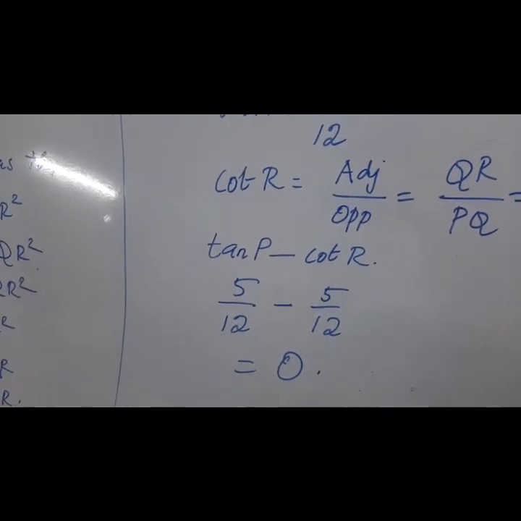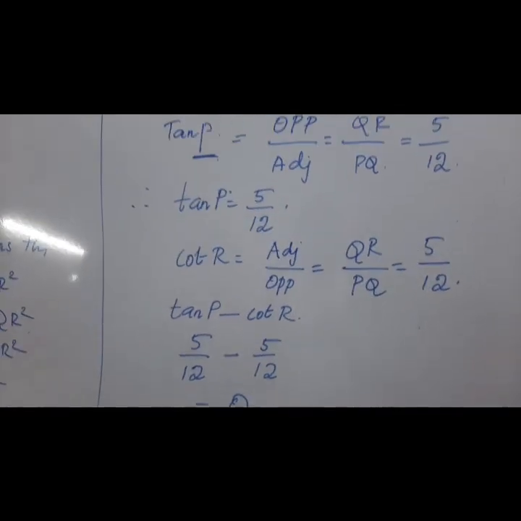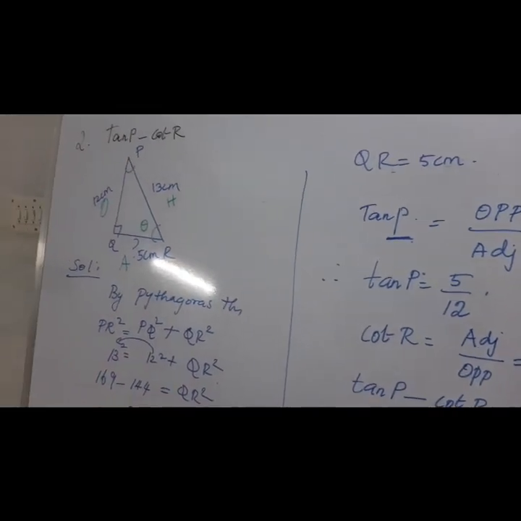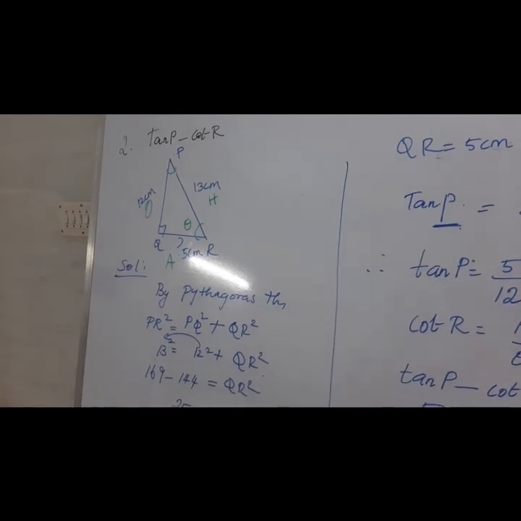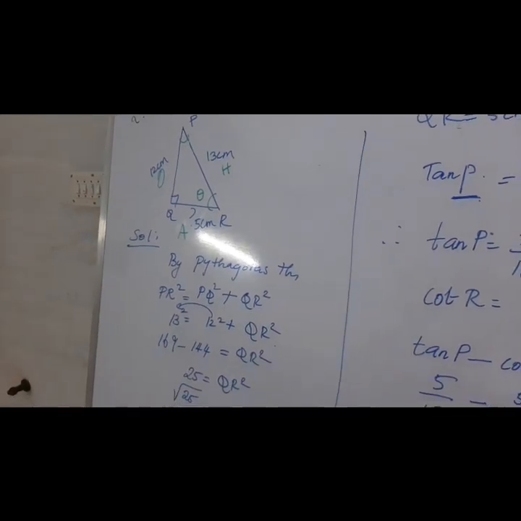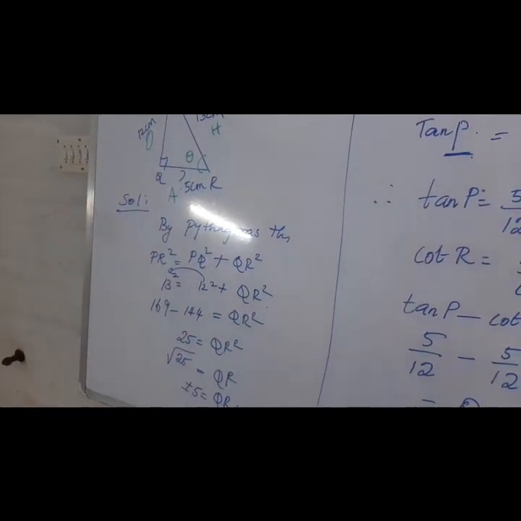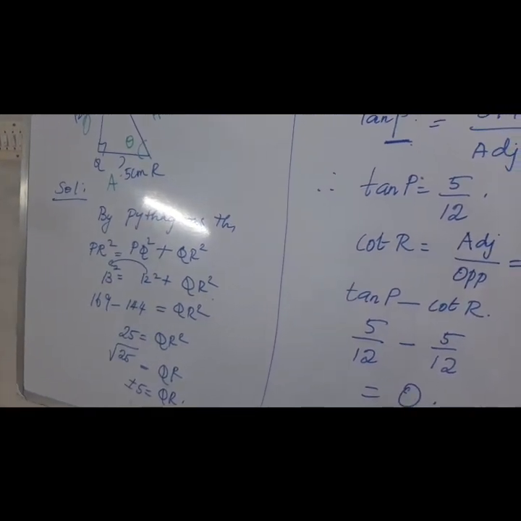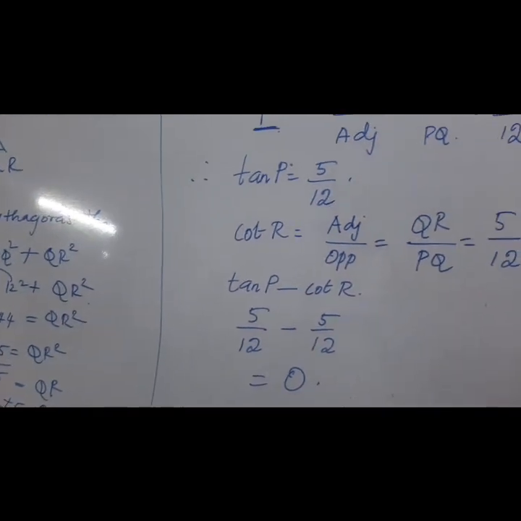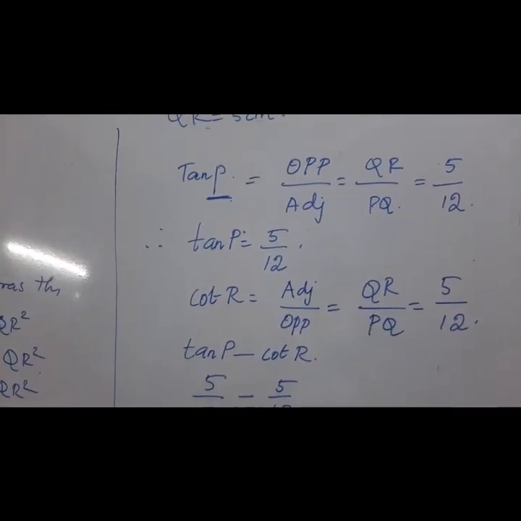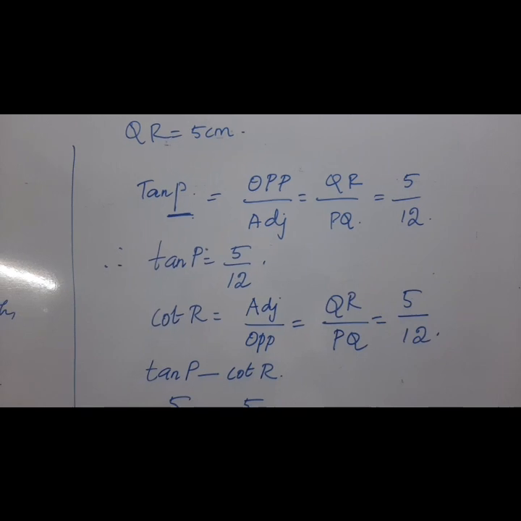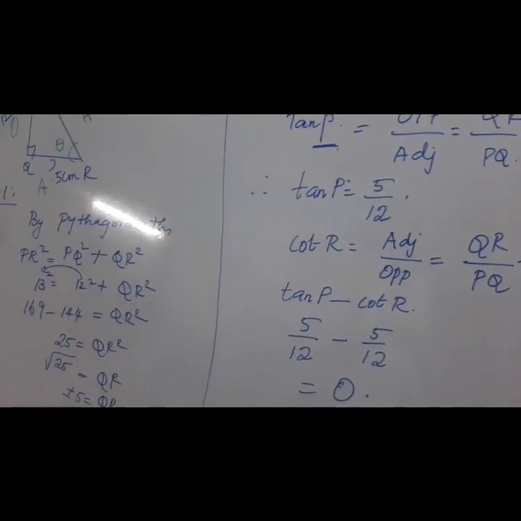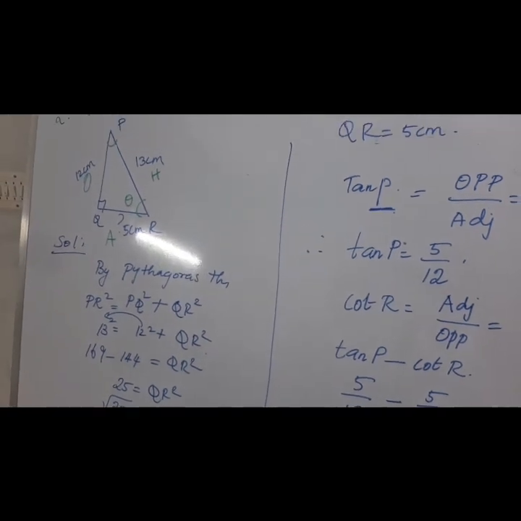When we are solving the sums, the first thing you want to concentrate on is finding out which angle we are going to consider, and then according to that vertex find out which is the opposite side and adjacent side. Be thorough with the definitions for sine, cosine, secant, tan, cotangent and everything. Substitute all the values, you will get the ratio of any particular angle. If any one of the sides is missing in the question, that will be found out by the Pythagoras theorem.